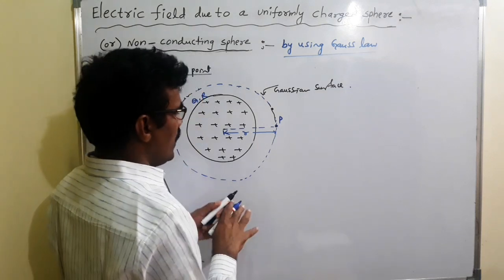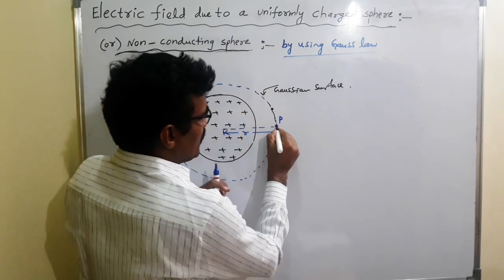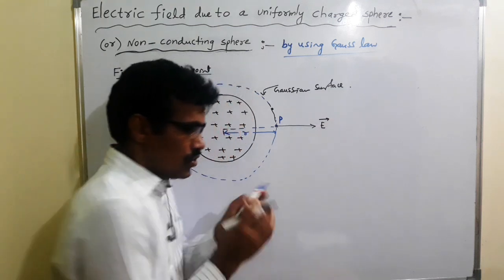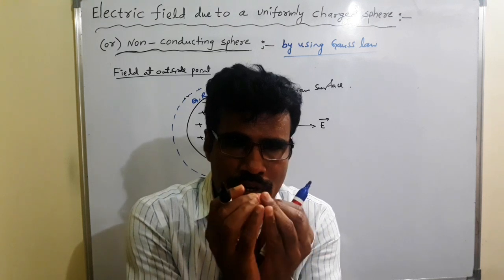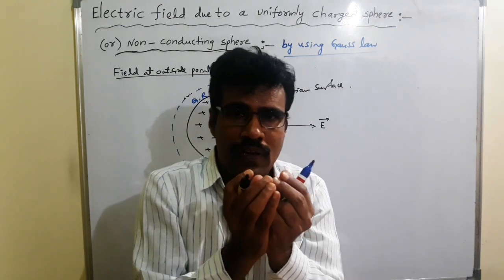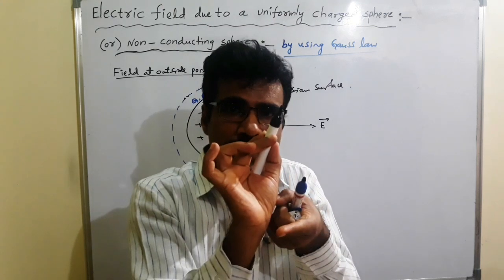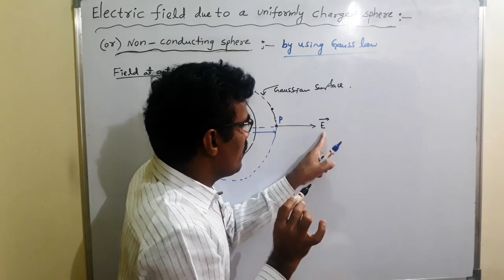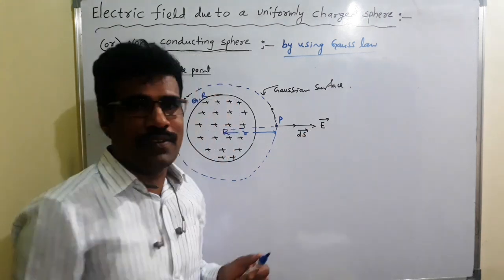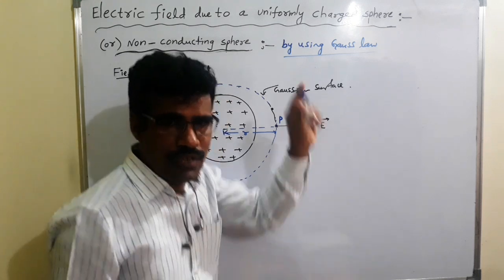So here this is the positive charge. Due to positive charge, field is inward or outward? Outward, this side. The charge Q is distributed, and an imaginary sphere is imagined passing through point P. That's why the field is normal to the surface of the Gaussian surface, and E bar is normal to the surface. What is the direction of ds bar? Ds bar is also normal to the surface. That's why E bar and ds bar are in the same direction. Angle between them is 0.